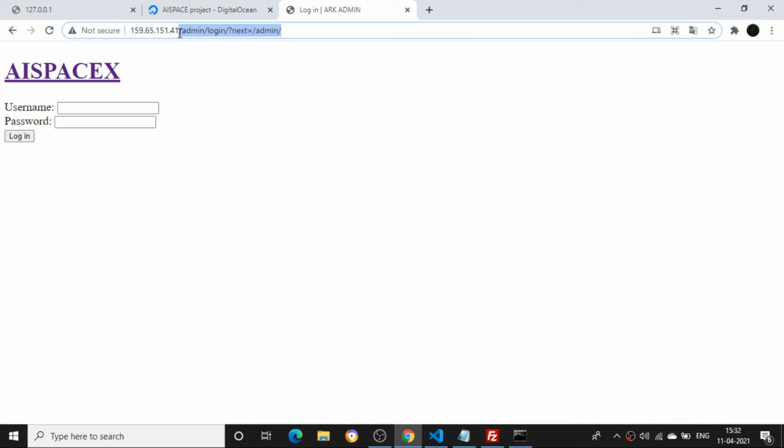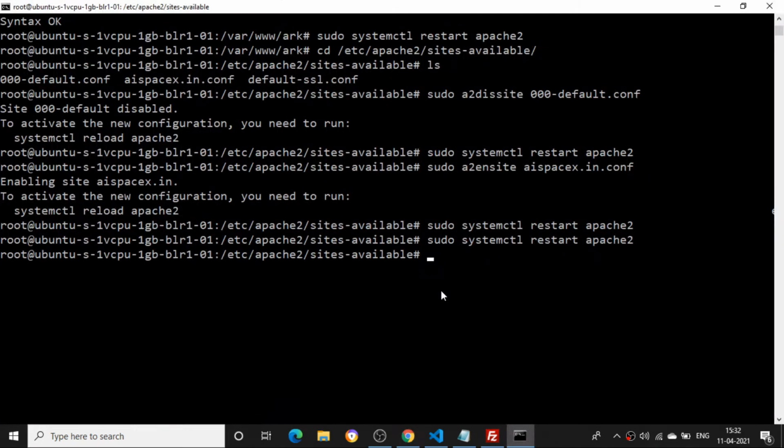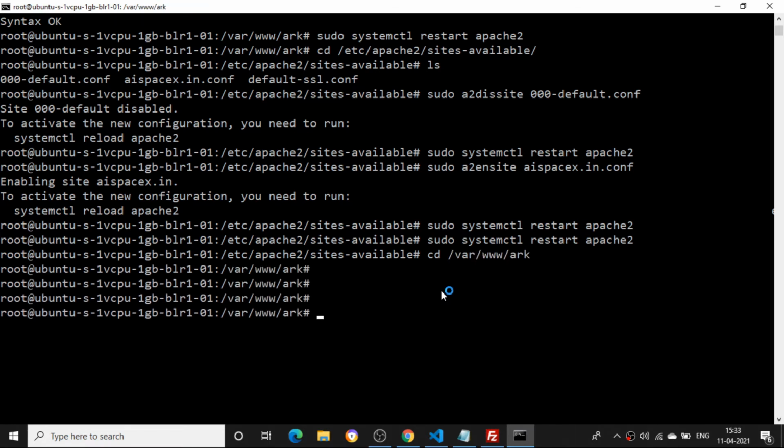Again, along with the same thing, I need to run the migrations. First I need to run the migrations. I'll just go to the particular cd /var/www/erk folder. Then I need to activate it. So first I will activate it.